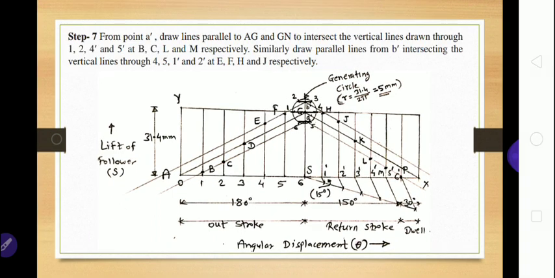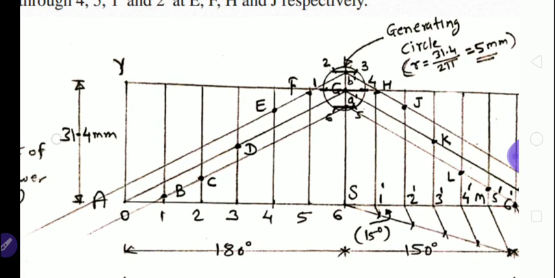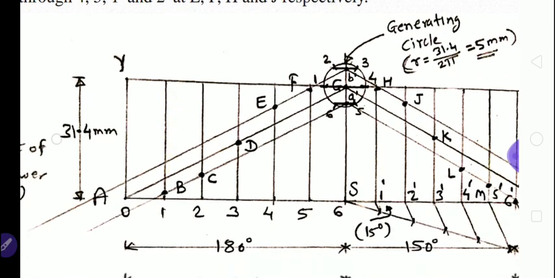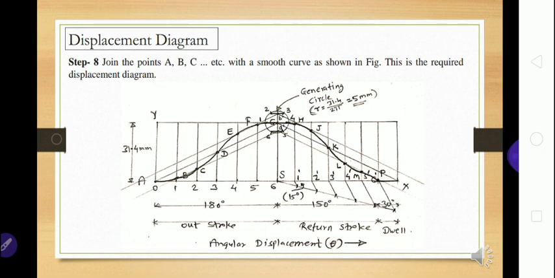In next step, we have to mark the points wherever these parallel lines cut the vertical lines. So here from A dash point, we have drawn the lines parallel to AG and GN to intersect the vertical lines drawn through 1, 2, 4 dash and 5 dash at points B, C, L, M respectively. So here we have given the names wherever this parallel line cuts this vertical first line. This point we have given the name as A